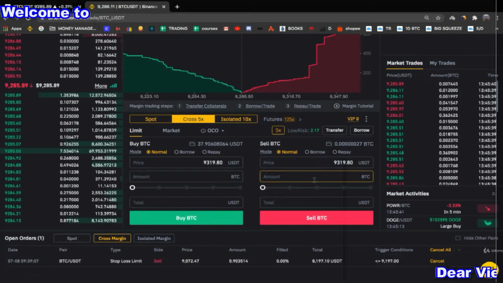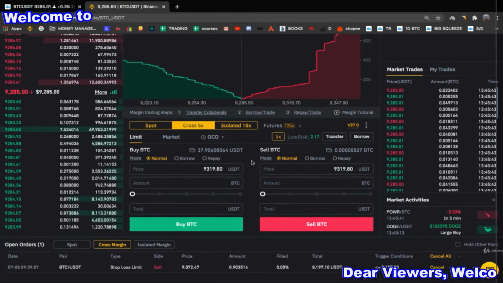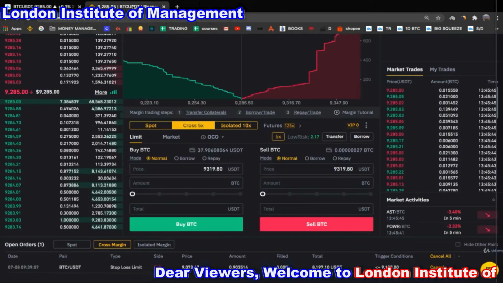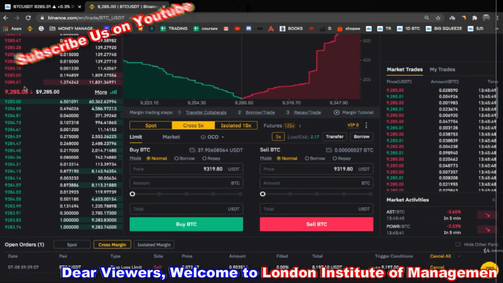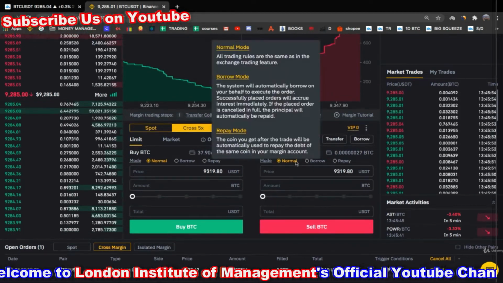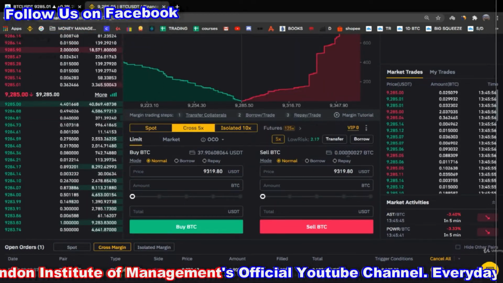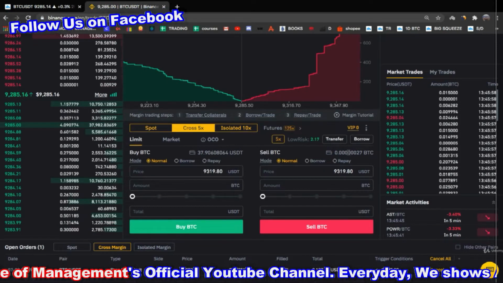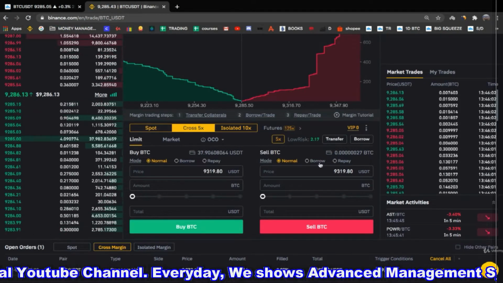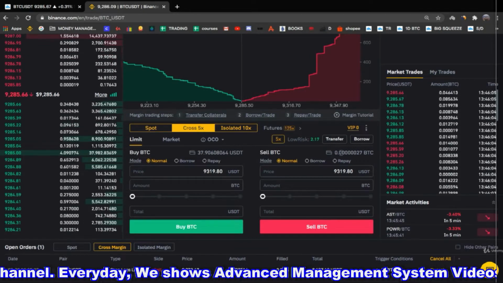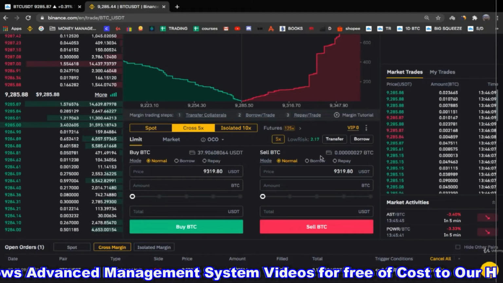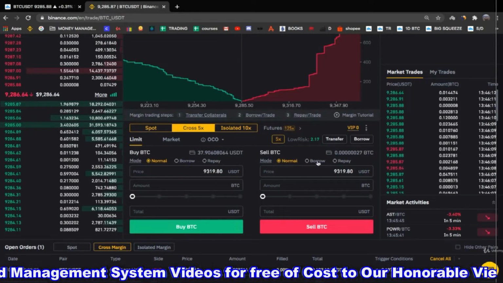So I will show you now how to short Bitcoin, right? We are not going to dive into the chart right now, but let's say for some reason you want to short Bitcoin right now. How do you do that? Just like I told you, the advantage of margin trading is that you don't have to own Bitcoin in order to short it. You can simply borrow it. As you can see, in reality, I have 0 Bitcoin right now, but I still will be able to short it. Simply I have to click on the borrow mode.